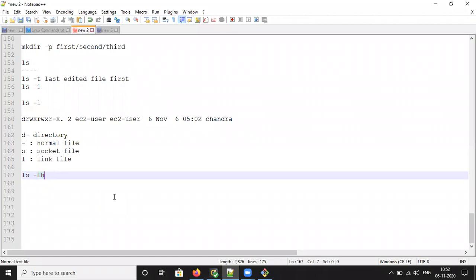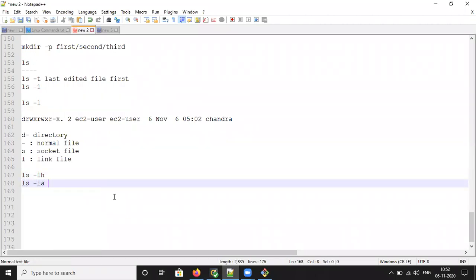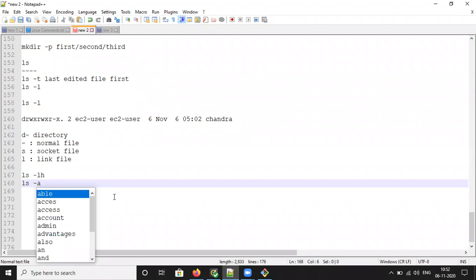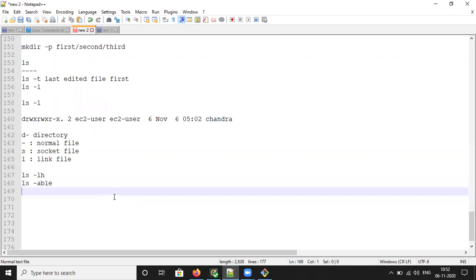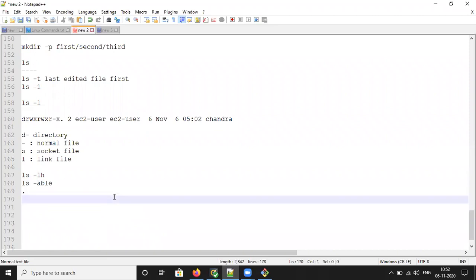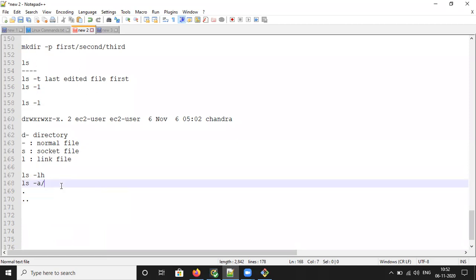Or you can use ls -la, both are similar. Hidden files start with a dot, and if you want to go to the parent directory, dot dot. So if you want to display this kind of file information, you have to use ls -a or ls -A. Both are similar.